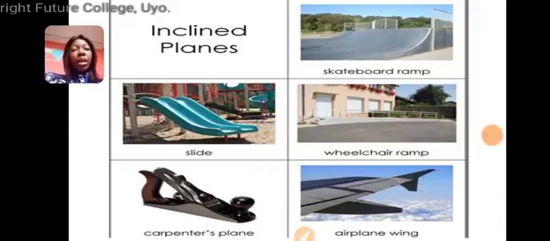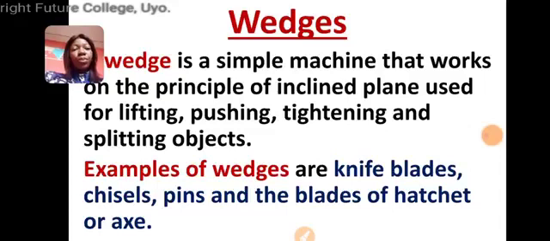We are going to talk about the next one, which is what? Wedges. What is a wedge? Have you heard the word wedge? A wedge is a simple machine that works on the principle of inclined plane, used for lifting, pushing, tightening, and splitting objects. When we say that a wedge works on the principle of inclined plane, we are saying that a